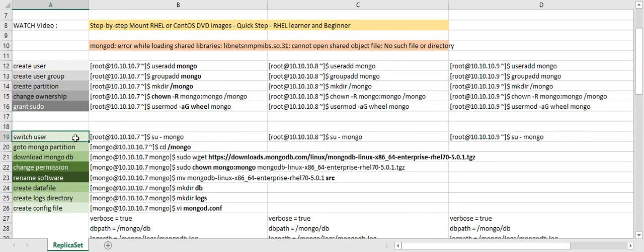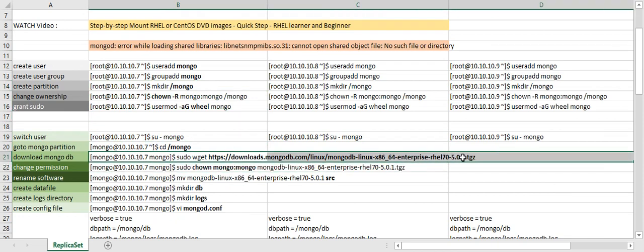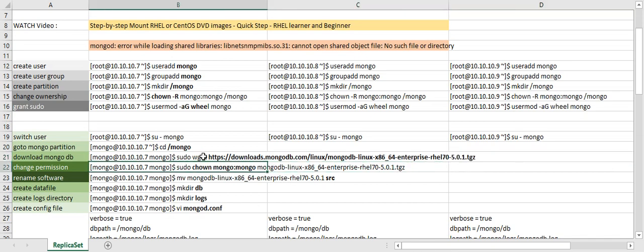Next, I'm going to switch user on the 7 IP address, and similarly we need to go to the other 2 VMs as well. After that you go to the directory which we created here. If you have a dedicated internet connection on your server machine, you just have to issue the sudo wget command, and you will get the MongoDB Enterprise Linux package downloaded. If you have an internet problem or need to install offline, just copy this URL, put it in your browser, press enter, and it will download.